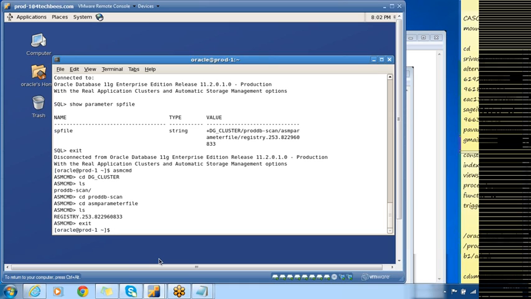So it will look at Oracle home slash DBS, right? So what is my Oracle home here?